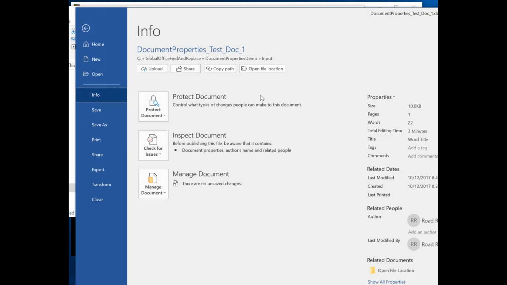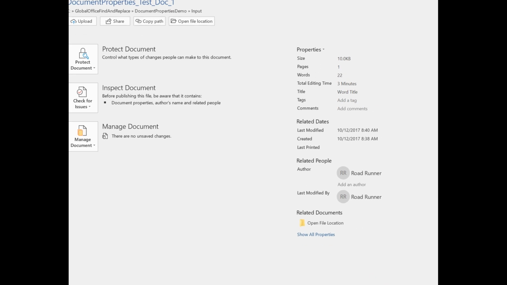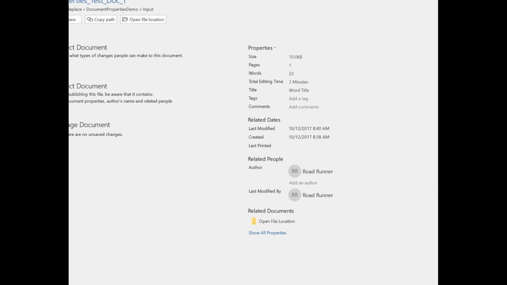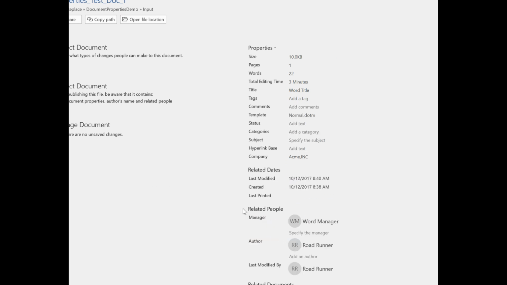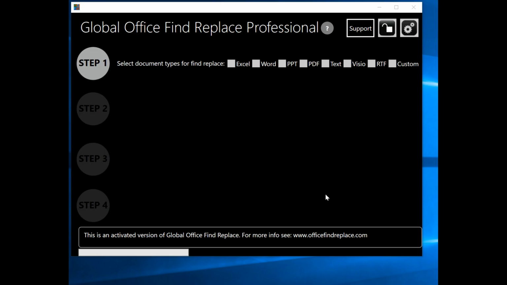If I go into File, as we've seen earlier, go into Info, I have the properties in this document set to author Roadrunner and modified by Roadrunner. And if I show all properties, the company is set to Acme Inc. Now let's see how we can use Global Office Find and Replace to quickly update all the metadata, including things